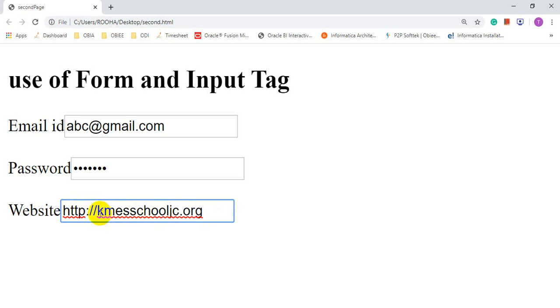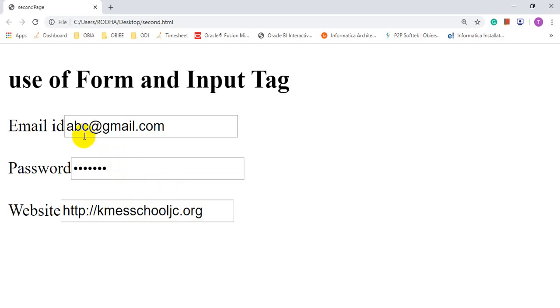Okay, then colon, what is the kmes? It's the name of our website. And what is the org? It's a domain name, that is an organization. Okay, so when you go back from this box, now it will not show your message. See, because it's a correct url.